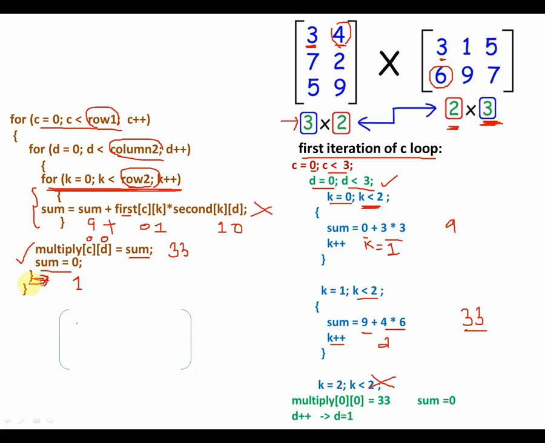And what will happen? The control will go over here once again with a new value of D, which is 1. So the first variable will be actually printed in this place over here. So let's see. That was that sum value which got printed over here. So this is the final matrix of ours, and we have got so far one element. Like this way we have to get all the elements. Let us just go ahead with the code.